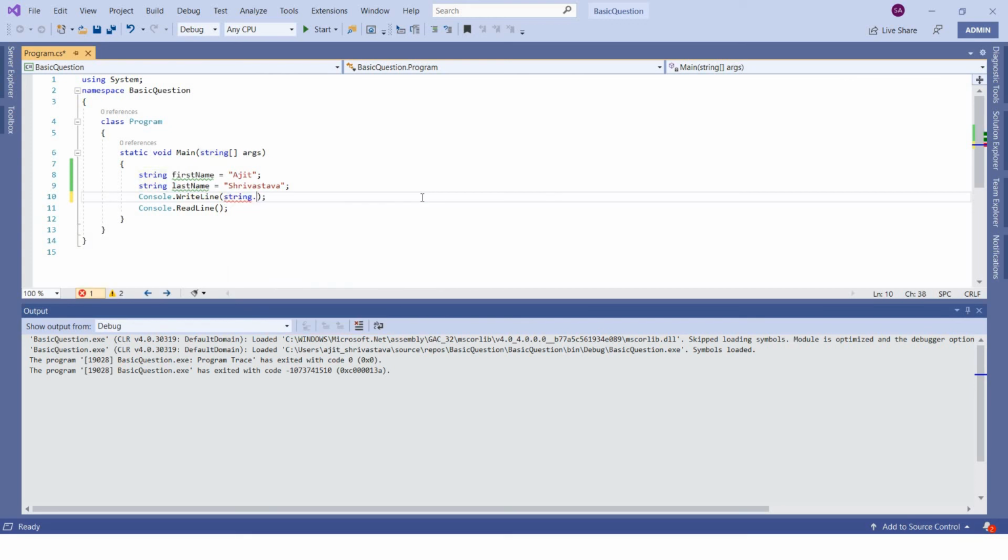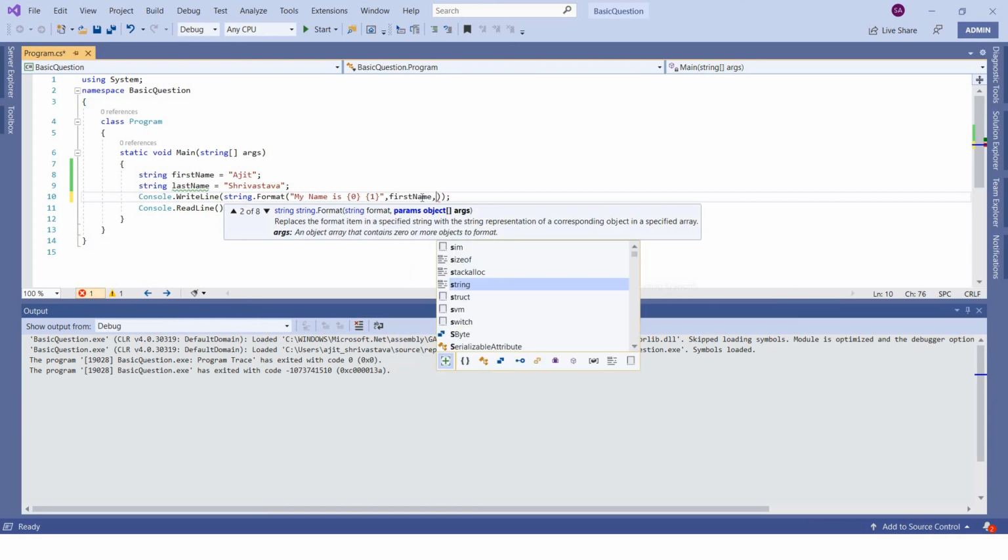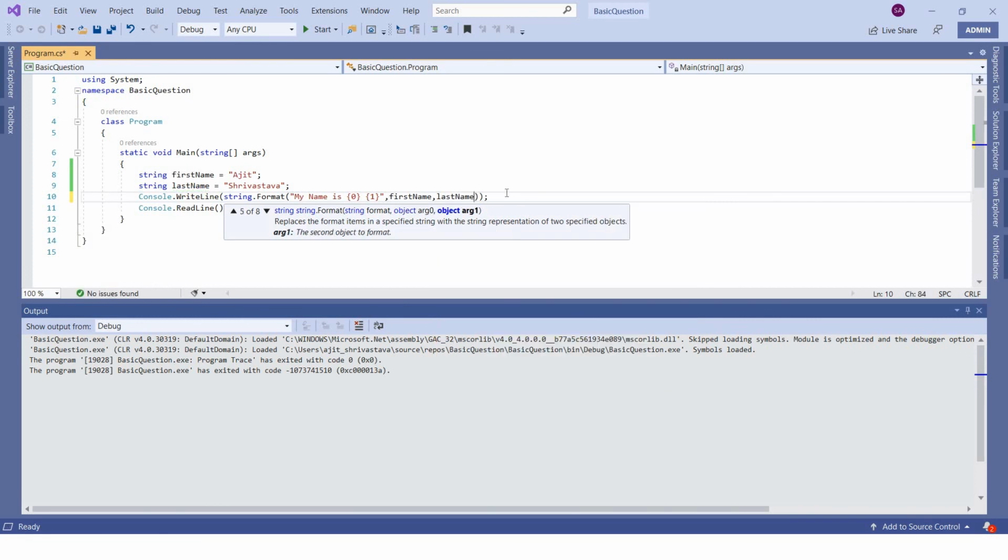So it's string dot format, and here you just type your string, my name is, then curly braces for the first variable, a space, curly brackets for the second variable. This will be followed by your values, so first name comma last name.